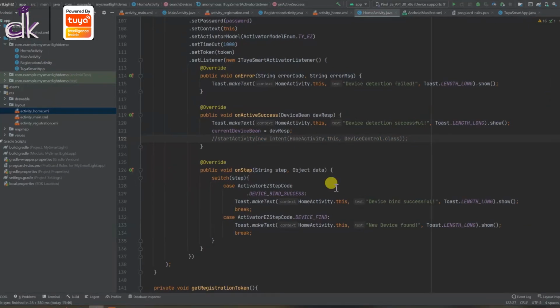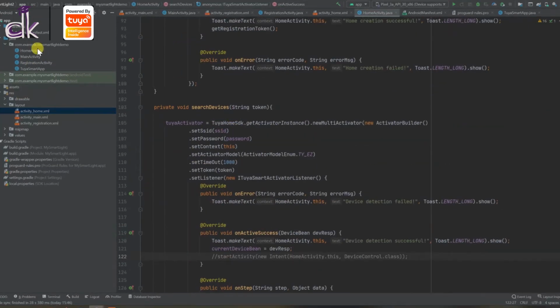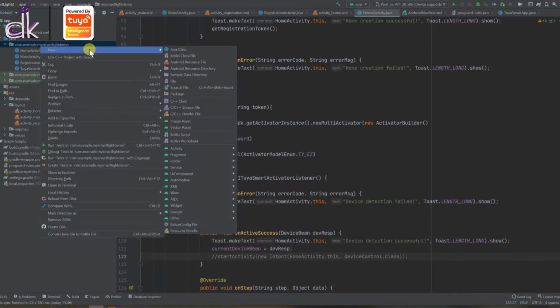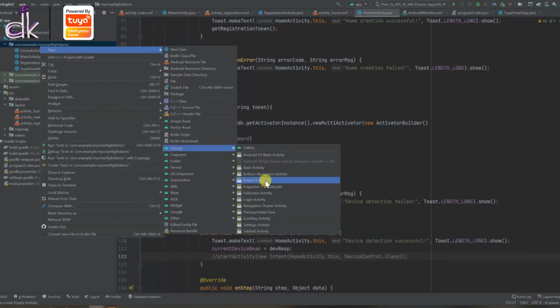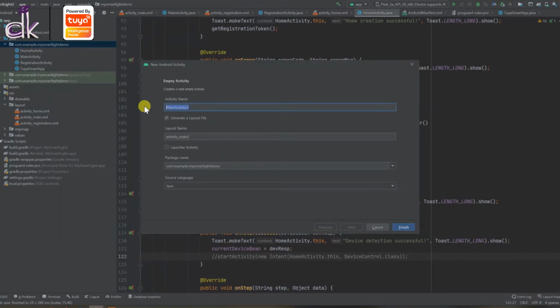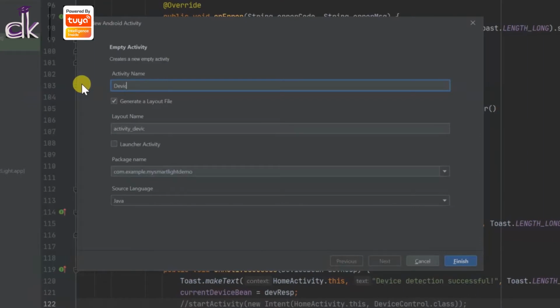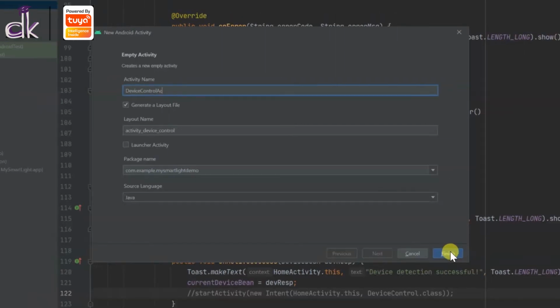Now that we have completed this activity, we can go ahead and create a new activity. I'm going to choose new activity, empty activity, and we're going to call this device control, right? So that's the name we have given here.